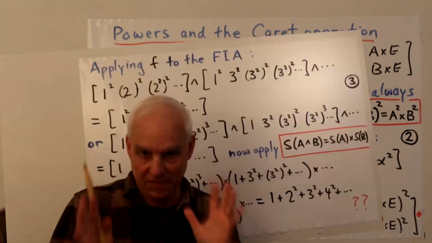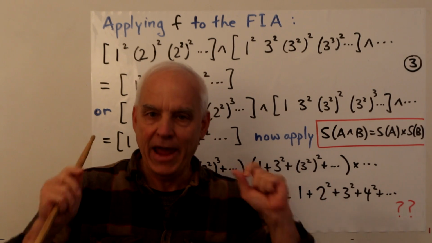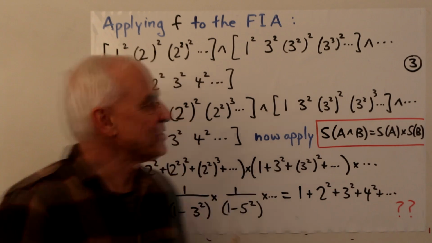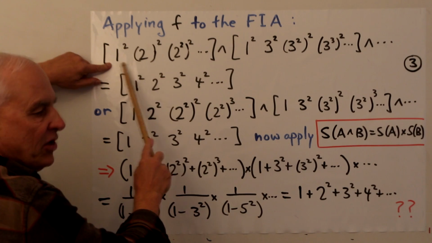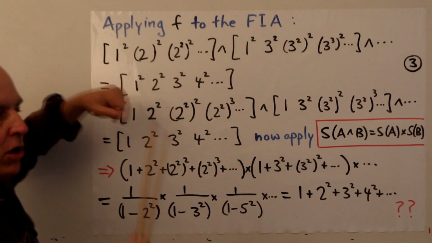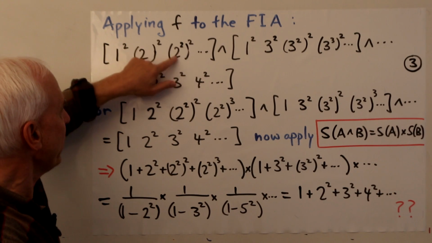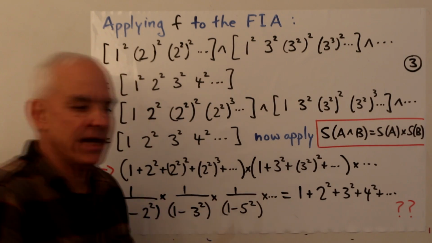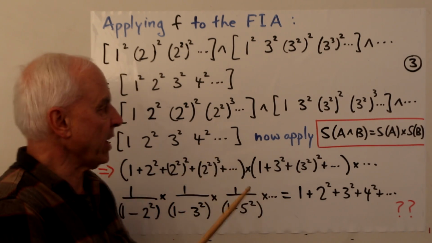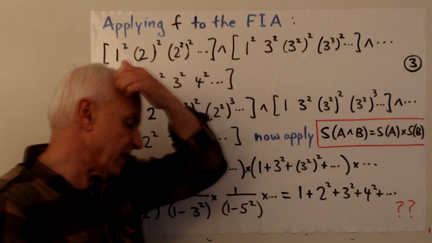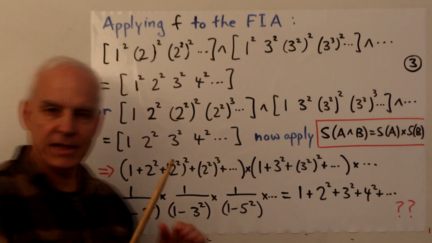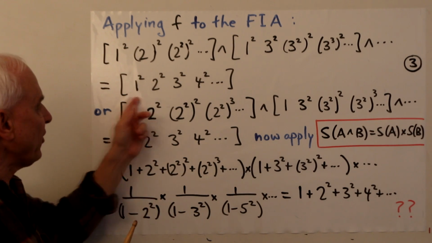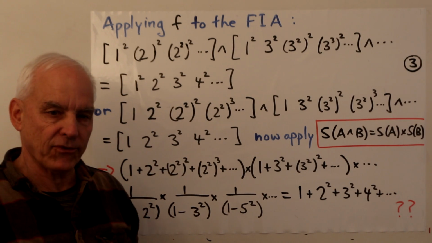So now let's take the fundamental identity of arithmetic, and let's apply this f operation to both sides. So with this m set consisting of the powers of 2, we're going to square all of those elements. So there's 1 squared, 2 squared, 2 squared squared, 2 cubed squared, etc. Similarly, we're going to square all the elements in the m set consisting of powers of 3, and of powers of 5, and of powers of 7, etc. And according to the identity that we've just established, on the right-hand side, what we should be getting is the m set consisting of the squares of the natural numbers.